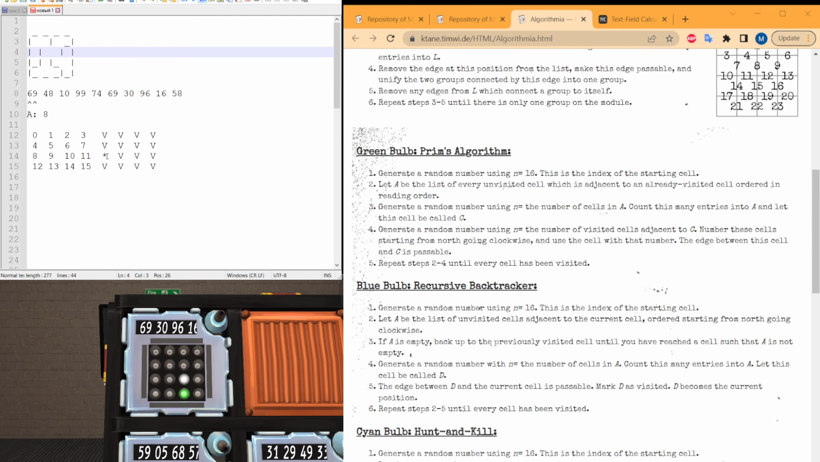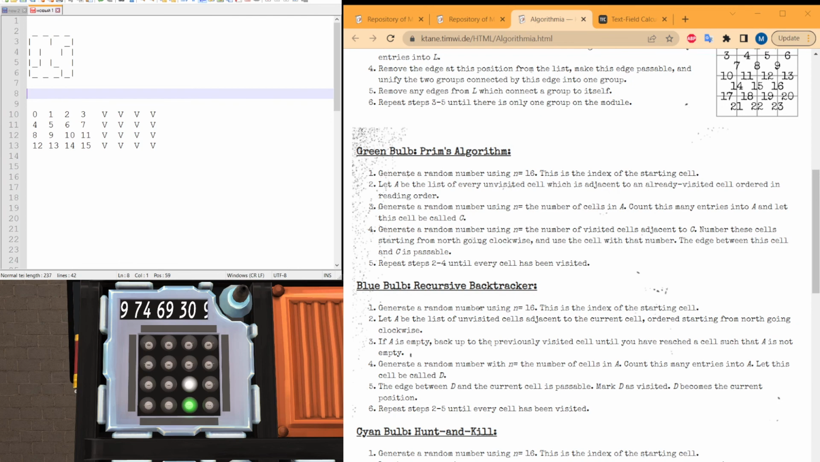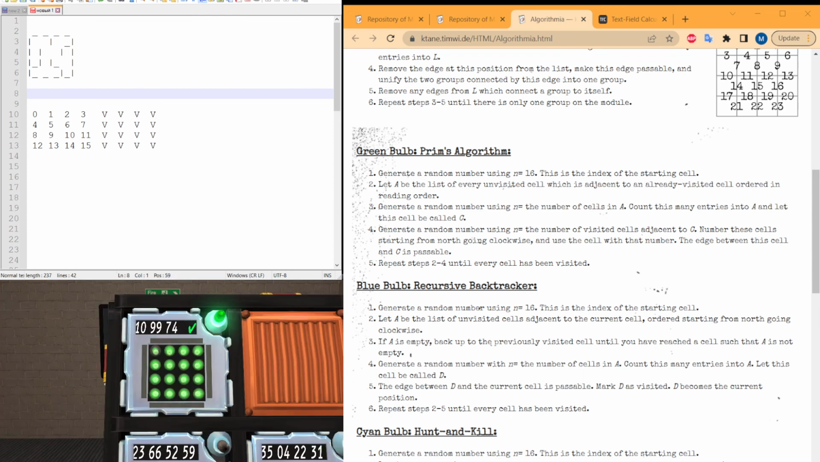Now every cell has been visited, and we have a generated maze. Okay, going from white to green. Okay. Left, down, down, right. That was the